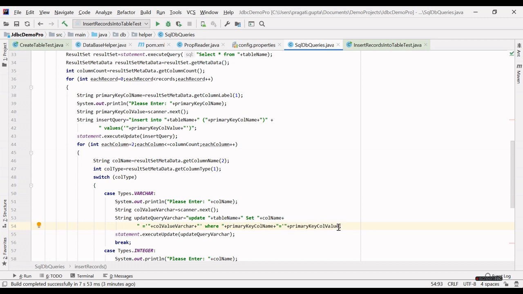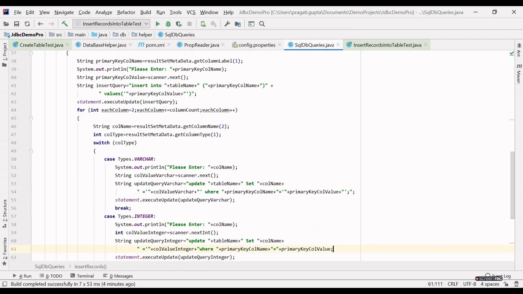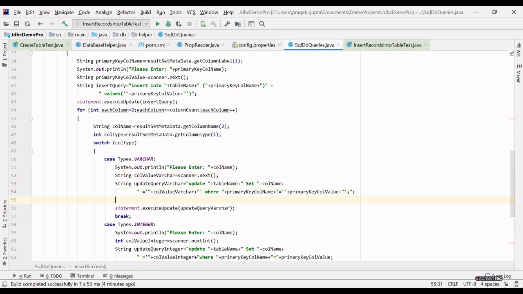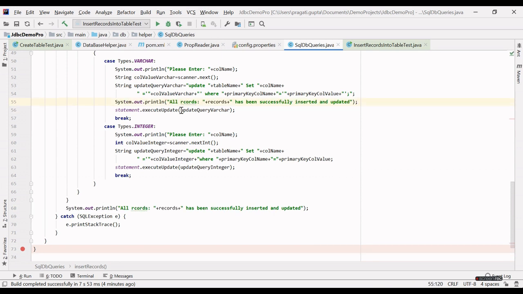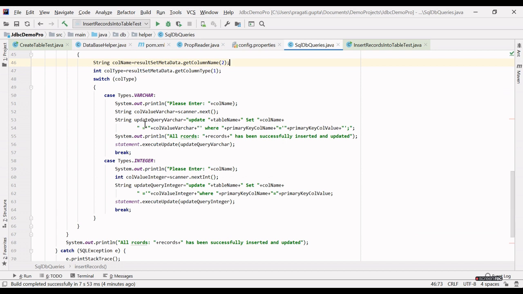And also, since this primary column value is also a varchar, guys, I want to show you how this query looks by printing this query on the console.